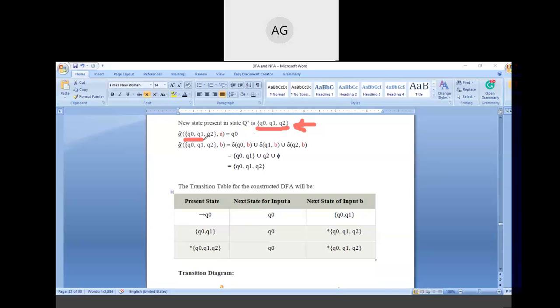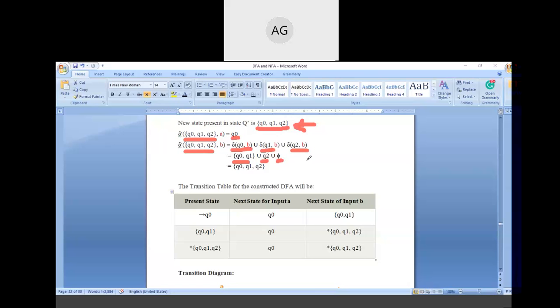Now we get this new state with the input symbol A. Now we get Q naught. Now we get the transition of this new state with the input symbol B. So we can take the union of each and every state with the input symbol like this: Q naught B union Q1 B union Q2 B. So from Q naught B we get Q naught, Q1, with Q1 B we get Q2, and with Q2 B